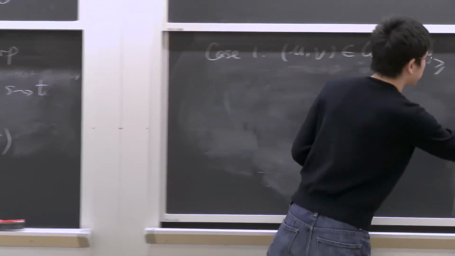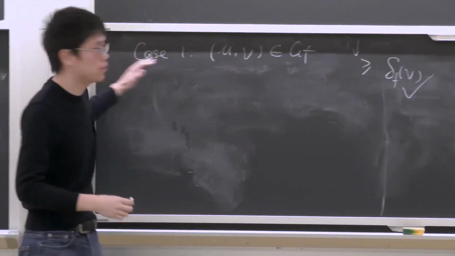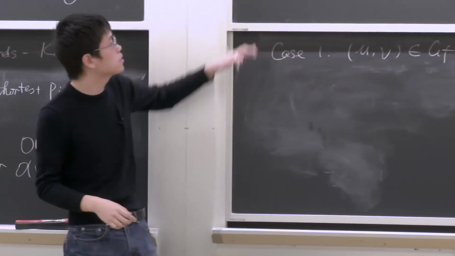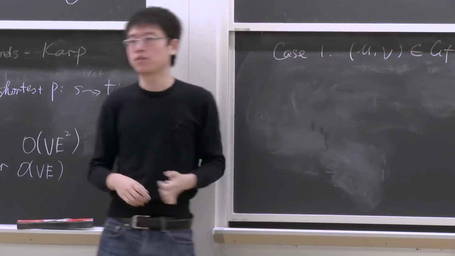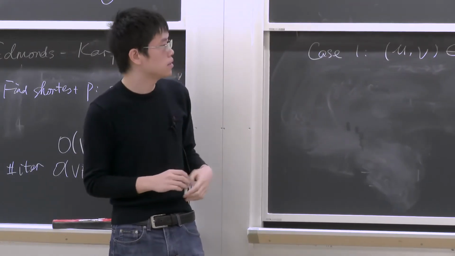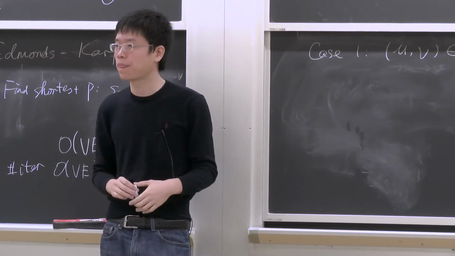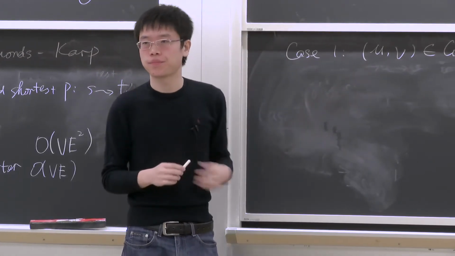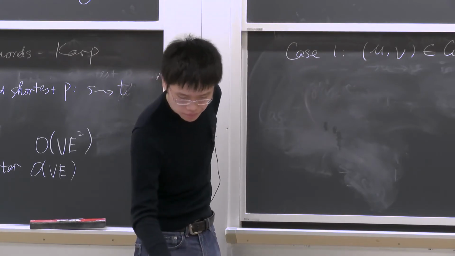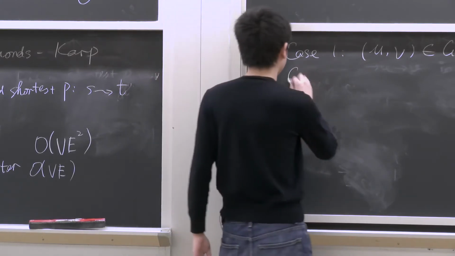Okay, so case 1, done. It's a contradiction because we showed that delta f prime of v is greater or equal to delta f of v. Any questions about that? Okay, case 2,